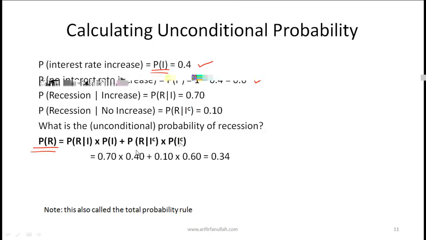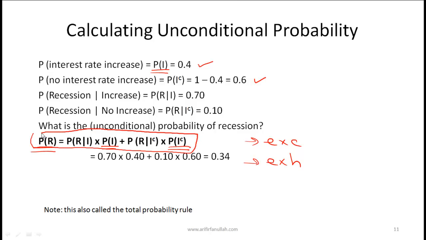Notice that these events, I and not I, need to be mutually exclusive and exhaustive. So those two conditions, being exclusive and exhaustive, are important, and this rule is called the total probability rule. We have taken a specific example of the total probability rule,